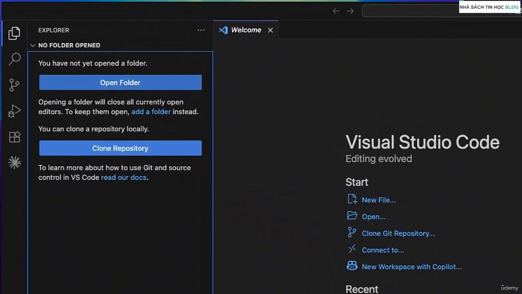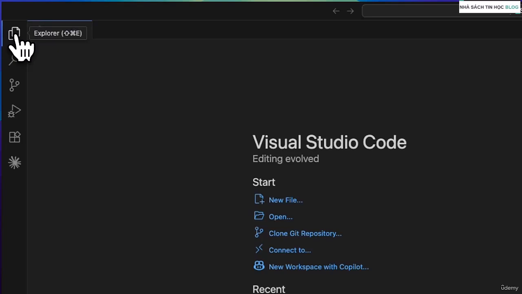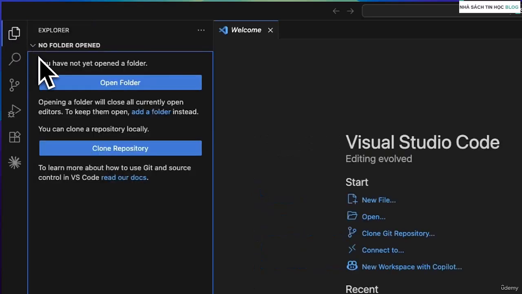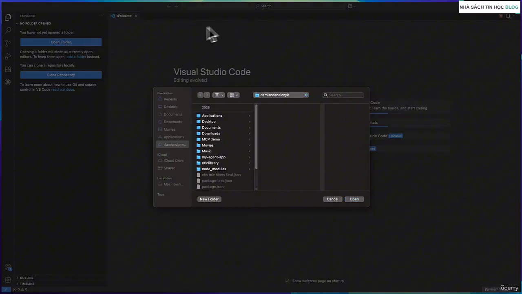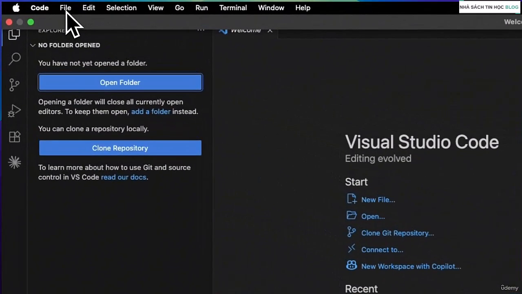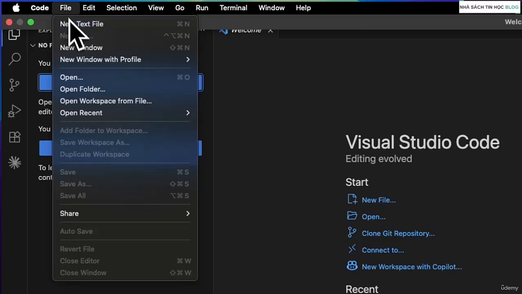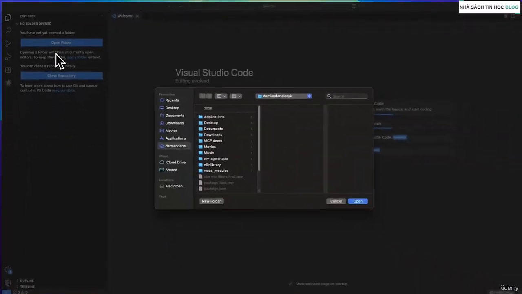So the first thing you want to do is open your project folder. All right, so you can go right here to File Explorer, which is one of the components of an IDE, as I explained in one of the previous lessons, and click on Open Folder. Or you can go to File, right here, and open Folder from this view, this way.